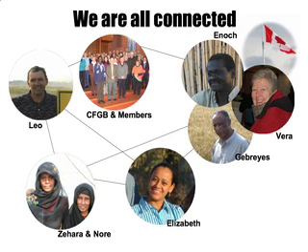Now, to complete this circle, a couple of things have happened. First of all, Elizabeth has had the opportunity to travel to Canada as one of our people-to-people visitors. A lot of people across Canada have been blessed by her visit and have developed friendships with her, and she's had a really incredible influence on people in Canada. As well, Leo has had the opportunity to travel to Ethiopia, and he has met people like Otto Gabreus and Elizabeth and Zahari there, and has been really inspired by what's going on and the changes that are happening in the Afar district. So now you know a little bit more about how we are all connected.